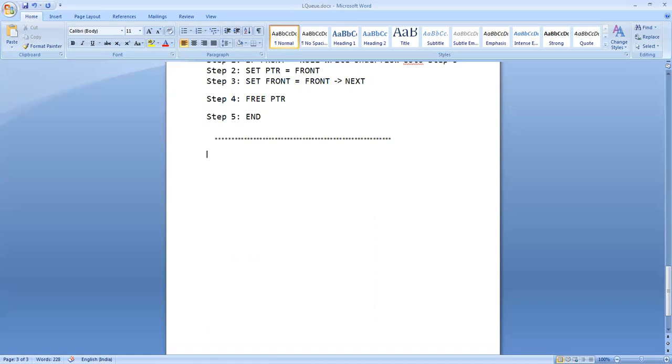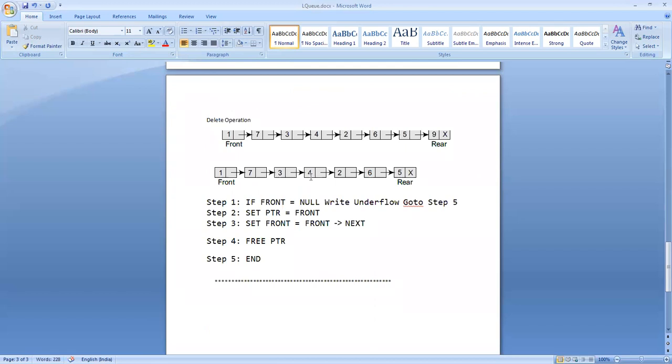To implement a linked queue, first of all, I need a self-referential structure. Recall what I told you about a self-referential structure. It is a structure in which one of the members is a pointer member pointing to the very same structure. See in this picture, every node is a structure having two members.